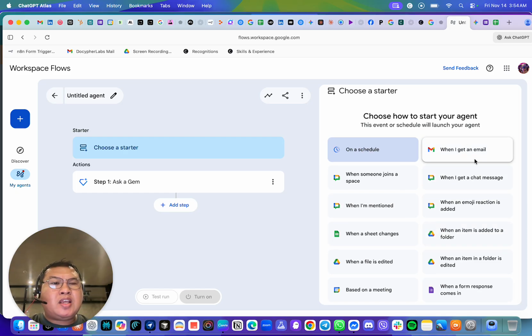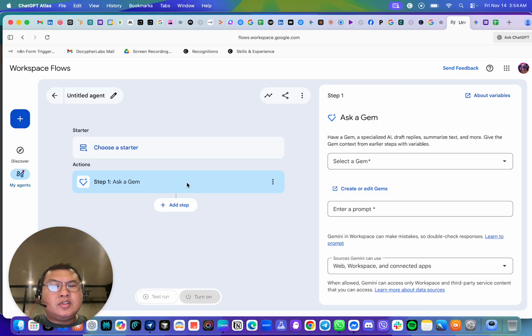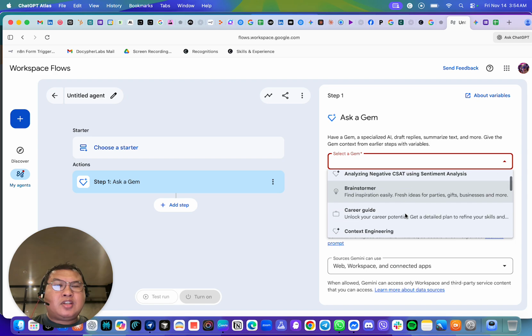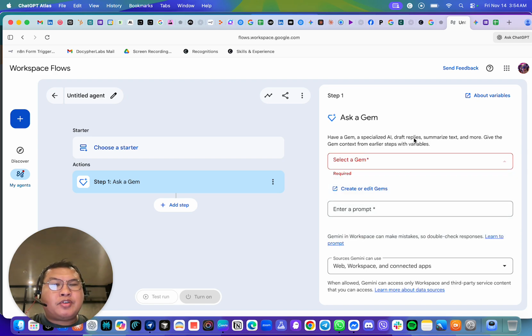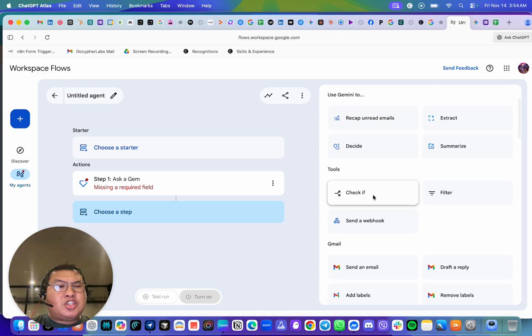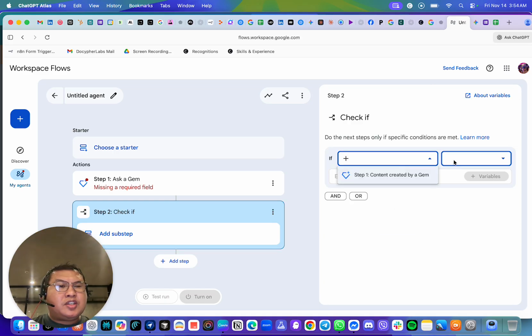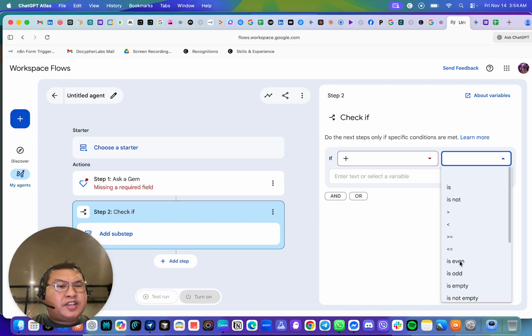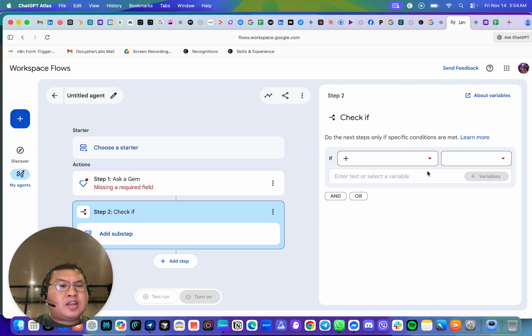You can see Gmail, let's say when I get an email, when someone joins a space. So there are several options. Let's say for example you want to include a Gemini Gem, you can choose which Gemini Gems you have already built, and you have the option to create or edit Gems. And then going back here, you can add the steps here, and check, let's say, the conditions, if it is or if it's equal to, and then you can set variables as well, and, or,